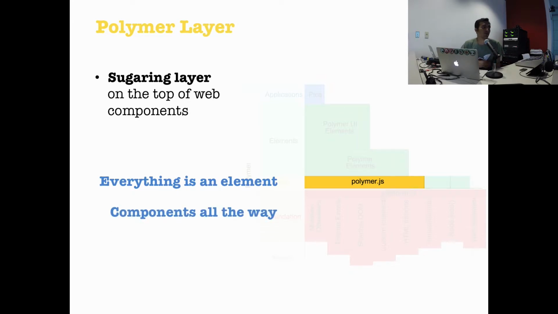Components all the way. They don't want you to write some simple JavaScript script that works in one-off cases. This library allows you to go to the level where every single thing is a component in your application. And the third thing is write less code, and that's pretty much what web components are for, right? You don't want to reinvent the wheel over and over again. You can just write something, solve the problem, and share it with the world or share it with any other application. One cool thing I want to show you